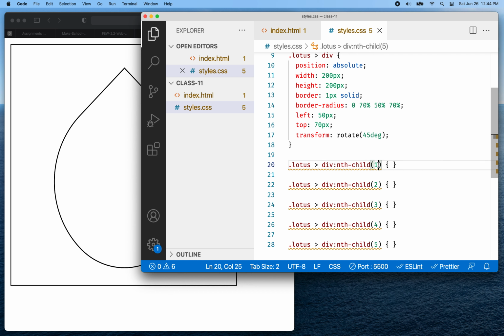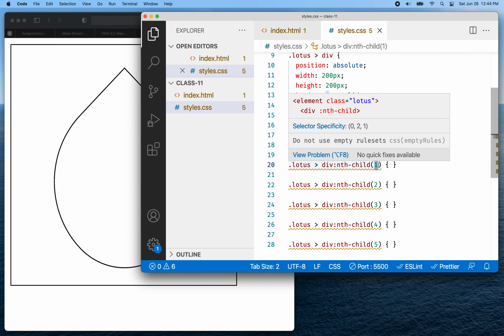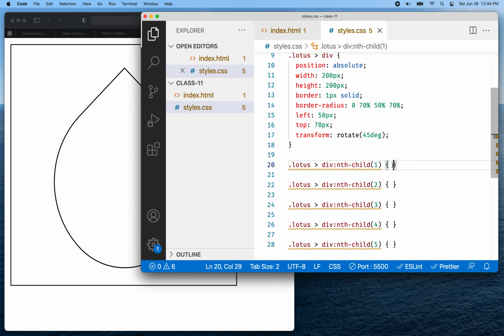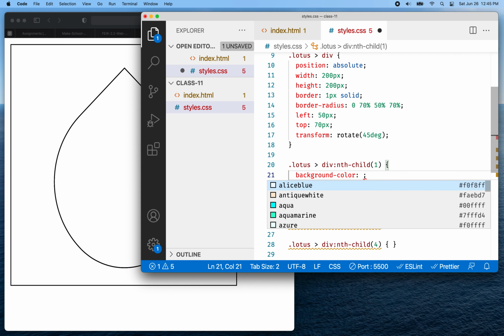So this is the first one, the second one. Remember, nth child uses 1 as the first index, instead of 0. A lot of programming stuff uses 0, but not nth child. So let's style the first petal. Maybe I'll give it a color here. I'll say you're going to be background color, let's see, let's do